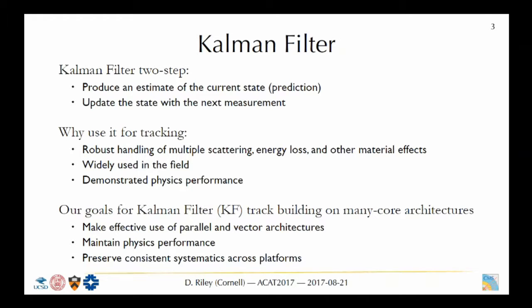Well, you heard about the Kalman-Filter this morning. It's basically a way of producing an estimate of a track that is in some sense optimal, by adding new information as you populate the track through the detector. And why is it for tracking? Because it gives you robust handling of multiple scattering, energy loss, and material effects. It's widely used. We've spent decades understanding its problem. So our goal is to try and make effective use of parallel and vector architectures for the Kalman-Filter, and maintain the physics